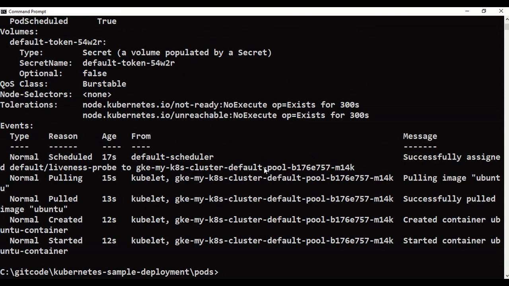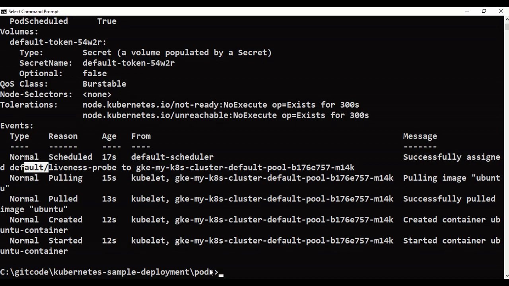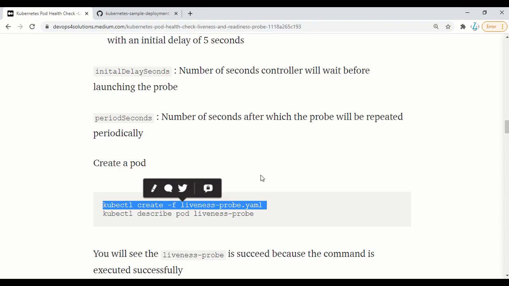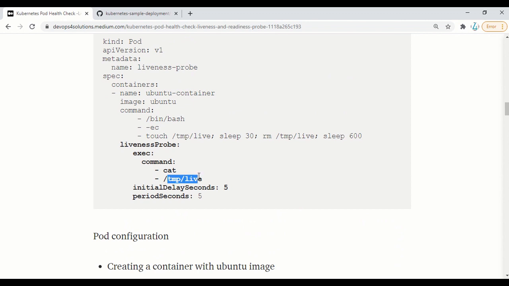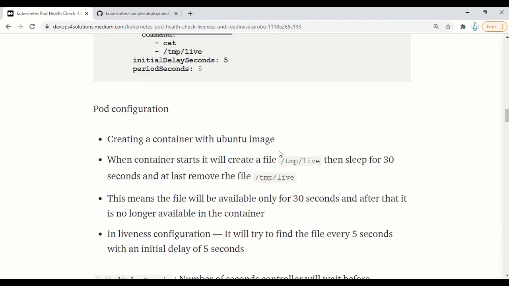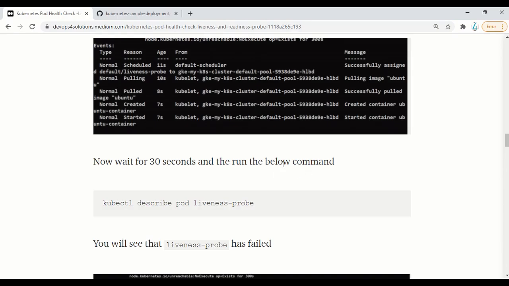Here you can see that the liveness probe is a success right now. Why is it a success? Because of our condition. It is able to find this file because this file still exists. But after 30 seconds, when you try to run again, it will not pass because we have removed it. So now let's wait for some time and then run this same command again.